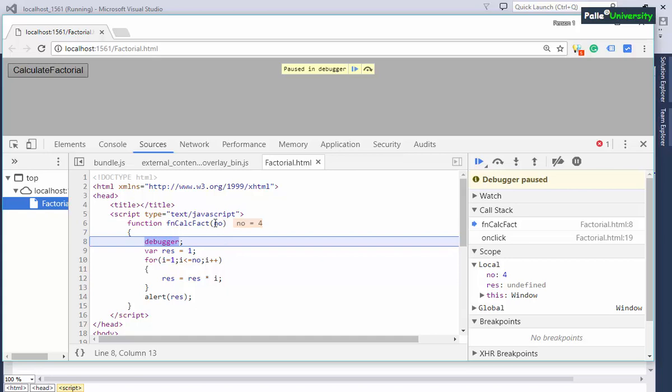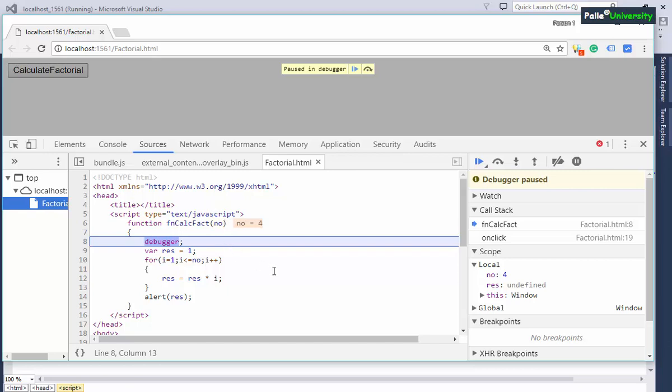Now you observe carefully, this NO variable is showing only one value. But some variables will have multiple keys and values. When a variable has multiple keys and values, instead of this simple one, you will see one bigger window. In that bigger window, you will see multiple keys and then values. Later I will explain all those things.